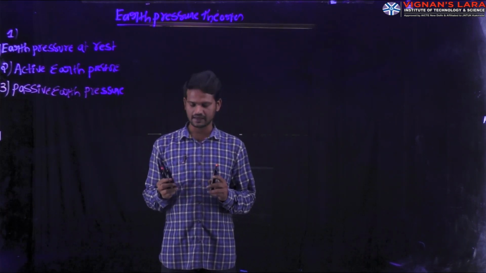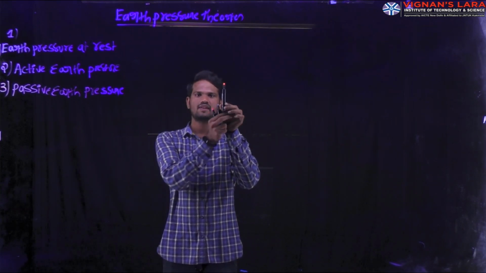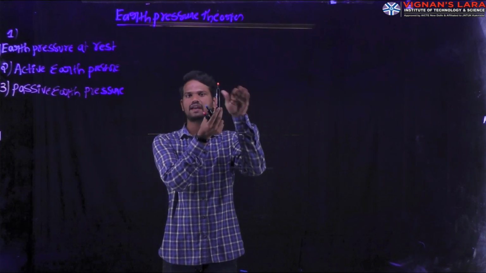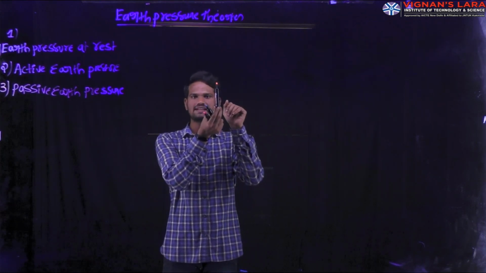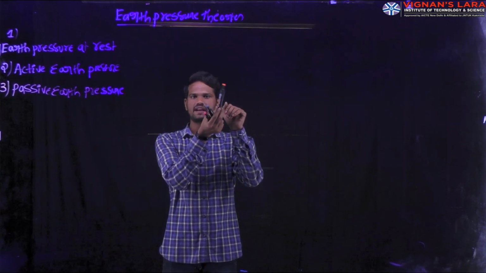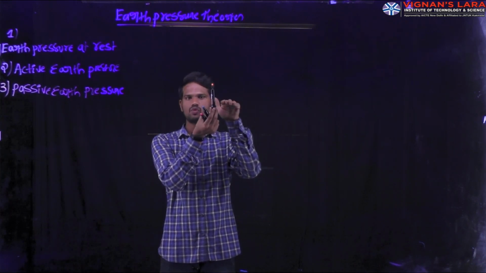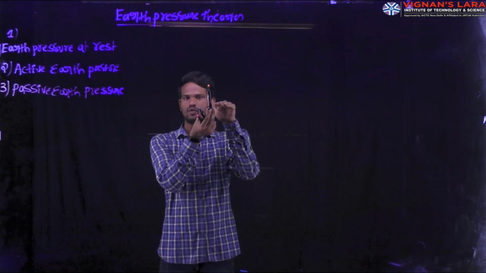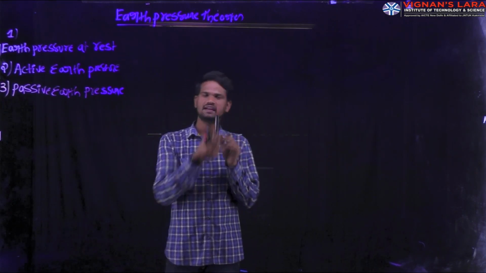Earth pressure at rest condition means, suppose you construct a rigid retaining wall. Behind the wall, the soil which is present we call the backfill. In earth pressure at rest condition, the wall is rigid and does not move to any side, either forward or backward. That is the rest condition. That means the soil behind the wall does not create any pressure on the wall. In such a situation we call it earth pressure at rest condition.